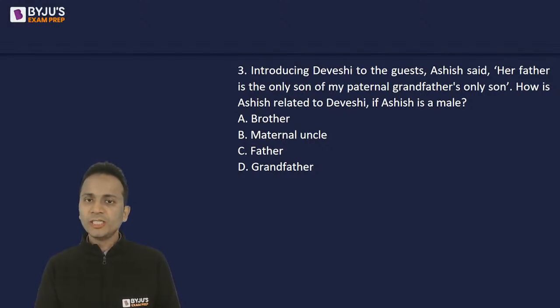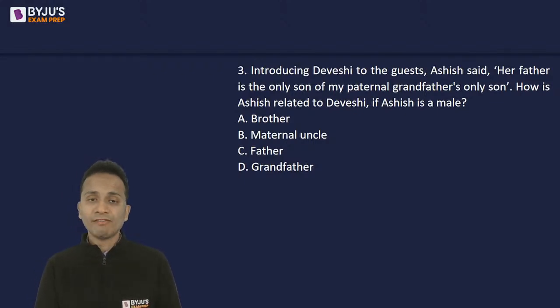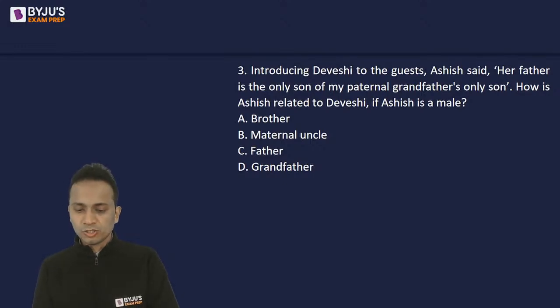How is Ashish related to Devashi? The options are brother, maternal uncle, father, and grandfather. Among the answers, the most common are option A, that is brother, and option D, grandfather. Among the five students, I have got two answers, brother and grandfather. Wonderful, good, keep it up. Yes, other students,